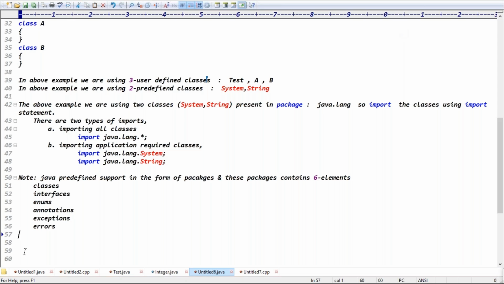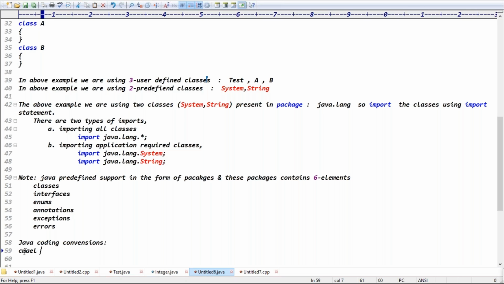Tell me, guys, while writing the application, is Java case sensitive or not? Yes, Java is case sensitive, sir. Case sensitive means we have to check what are the capital letters and what are the small letters, right? Exactly. Then you go for the Java coding conventions, guys.